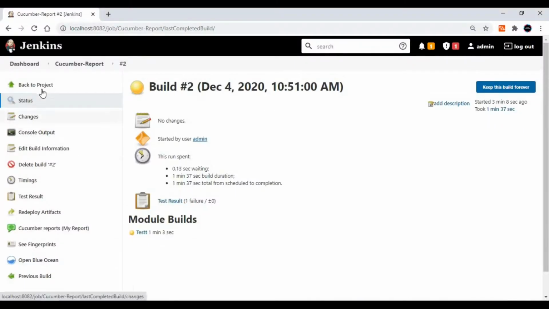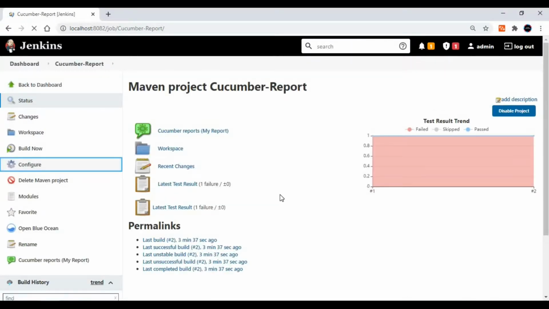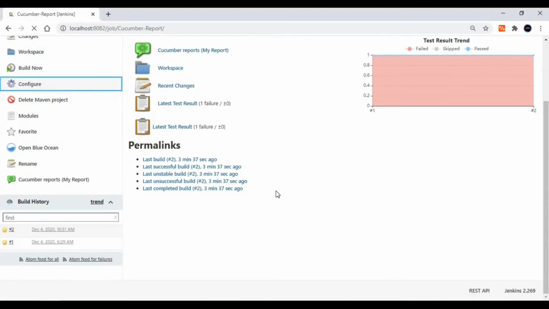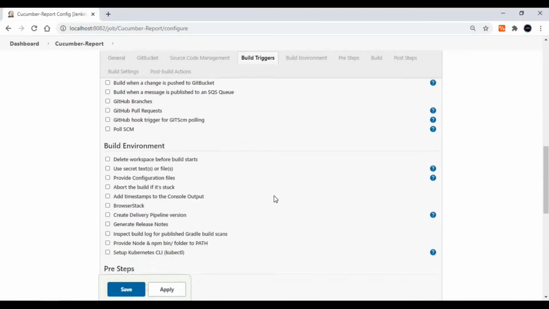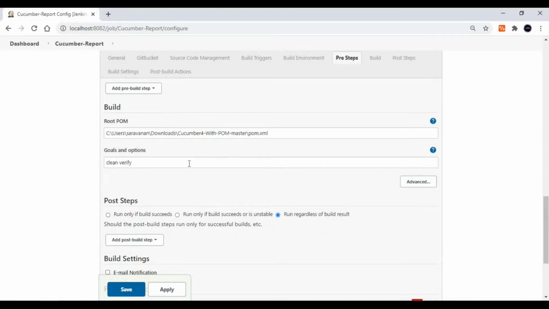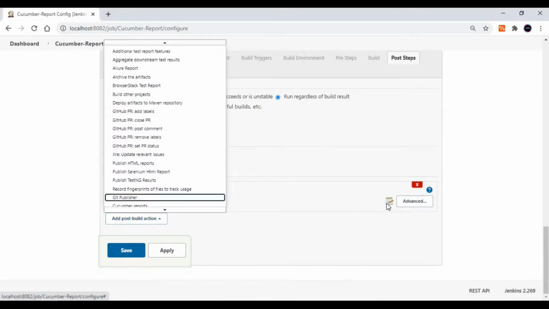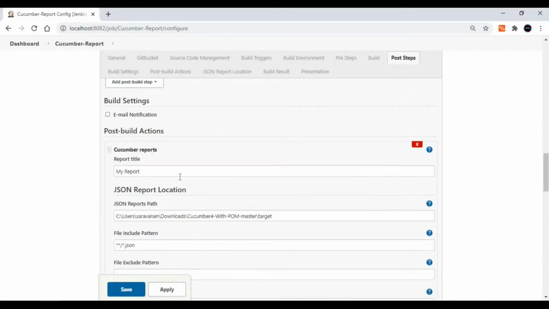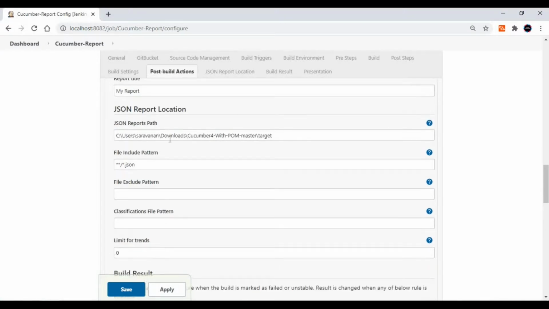I will go to the configuration quickly one more time and show you. Here I am passing my pom.xml, and this is the Maven command goal. After that, in the post build action, you have to add the Cucumber report option, and under advanced, this is the title of the report that we have to give, and this is the JSON file path.